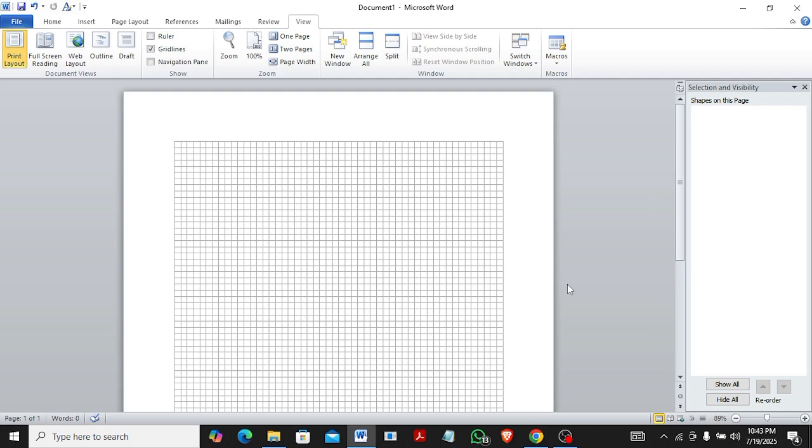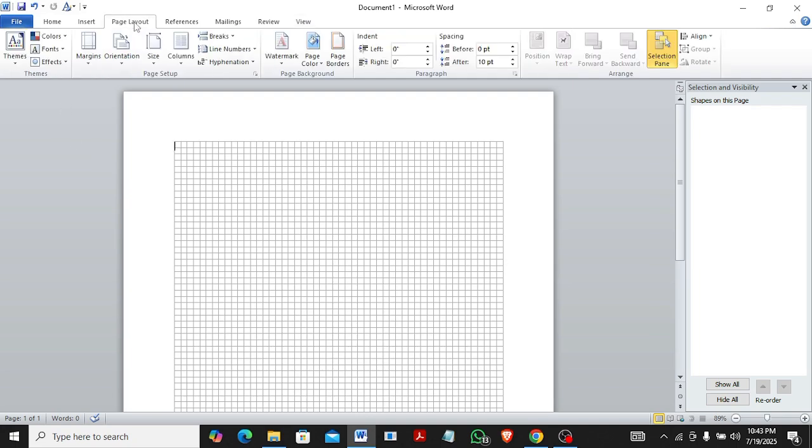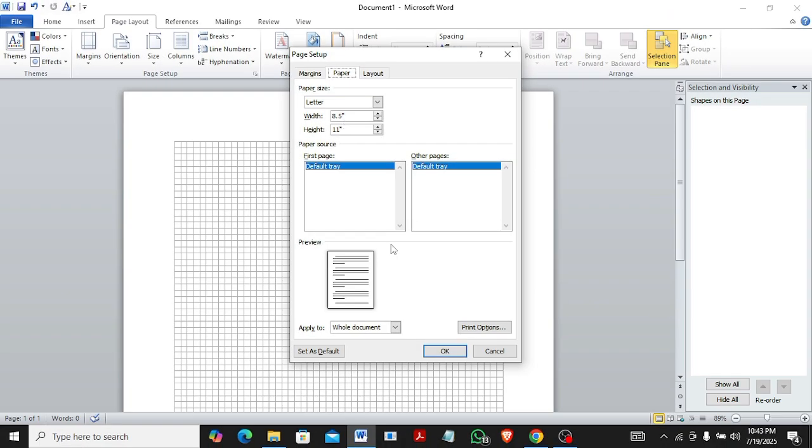Now, how can you do your setup? You come to page layout. Okay, now your paper setup. If you are doing no bleed, that means your design or whatever you are doing is within these grid lines. You are expected to leave your paper sizes like this if you are doing 8.5 by 11. But if it extends to the edge of the page, you have to add